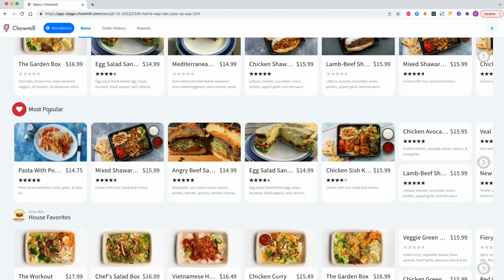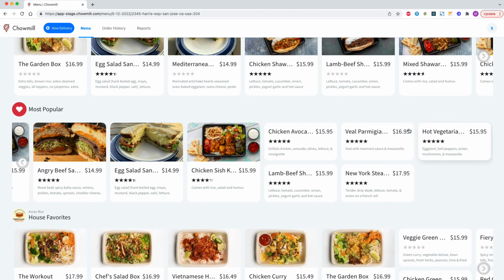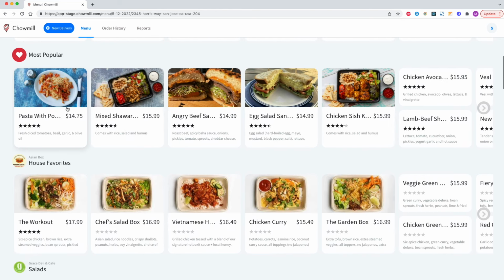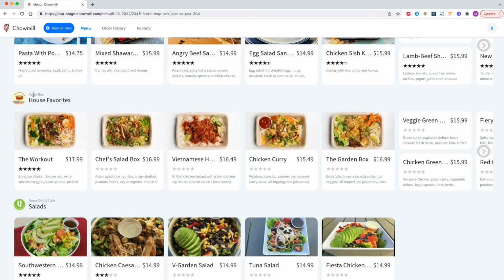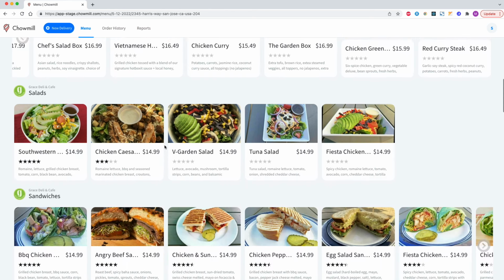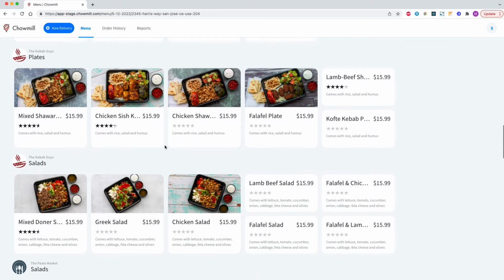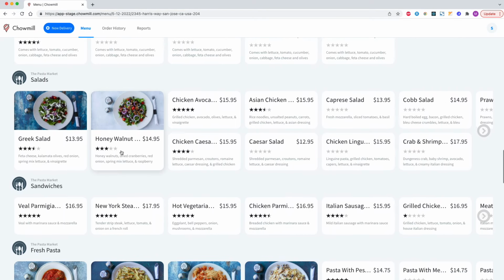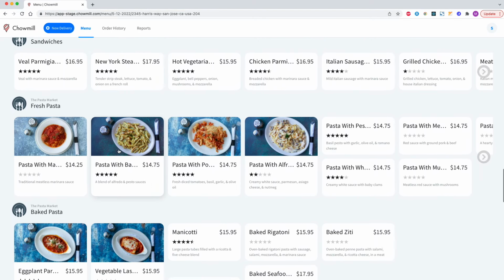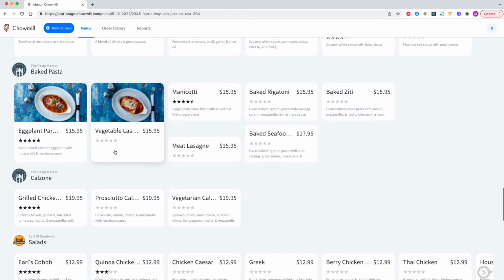We also show the most popular items from the entire menu for the users to be able to pick right off the top. And then the entire menu shows up underneath that for each of the restaurants that are scheduled. If somebody wanted to browse the entire menu, they could certainly do that here. And let's say a user finds what they want to order. In order for them to actually place the order,